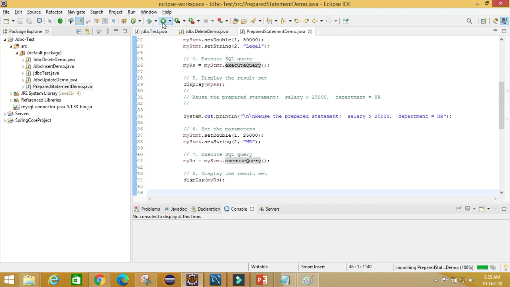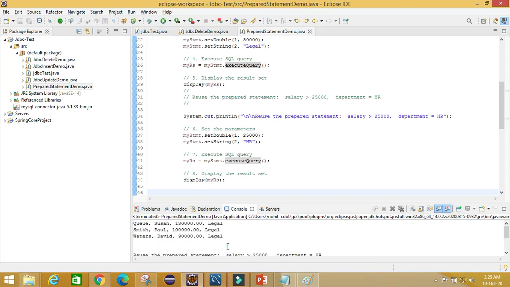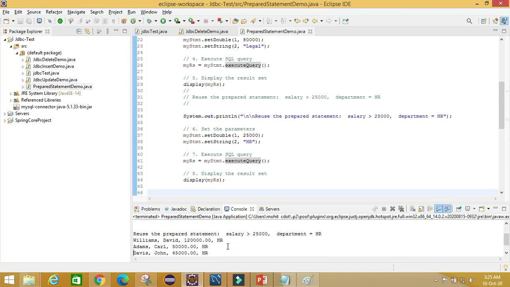Here we go. Now what we see is that we have reused the prepared statement and are getting the employees who have salary greater than 25,000 and the department is HR. In this way we have reused the prepared statement in our program.